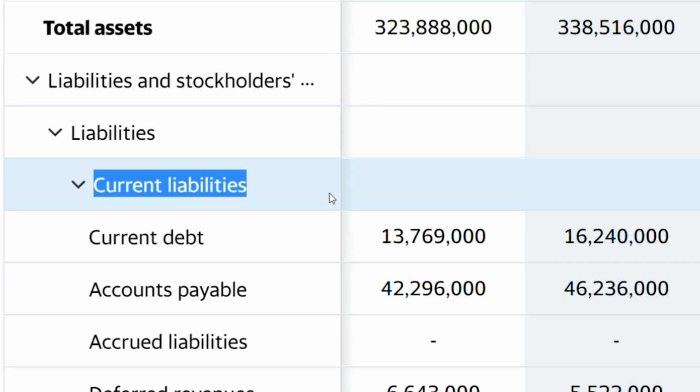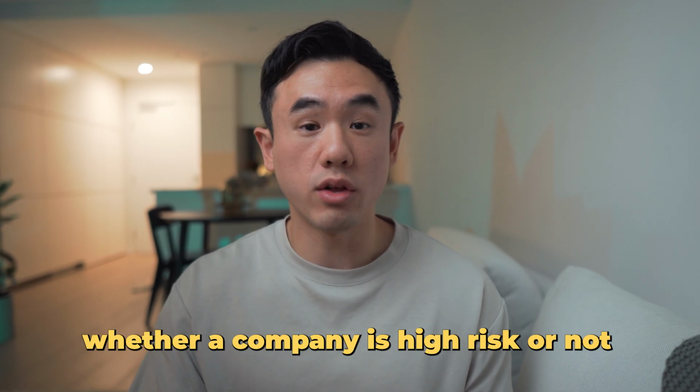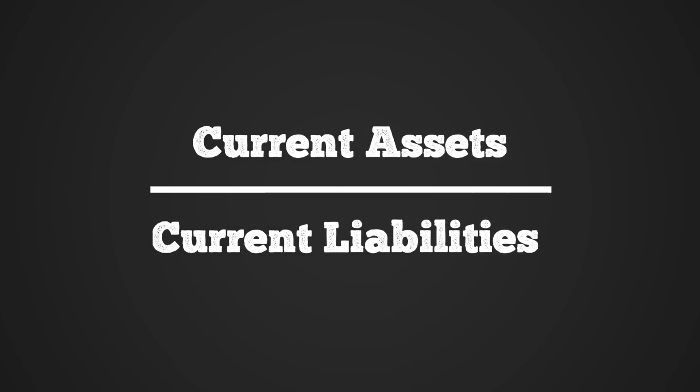that they will need to pay off within the next 12 months. With this, there is a simple calculation that you can do to help you determine whether a company is high risk or not. And that is to take the total current assets and divide that by the total current liabilities. A good rule of thumb here is that the number should be above 1. What this means is that a company is able to pay off all of its current liabilities within the next